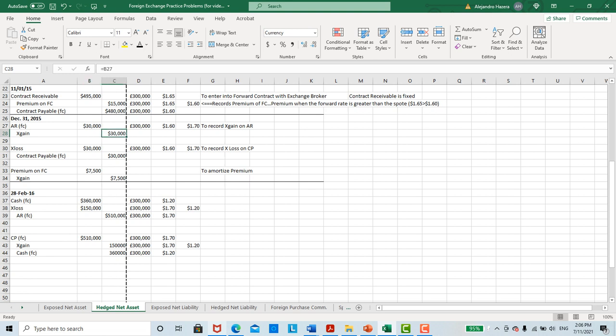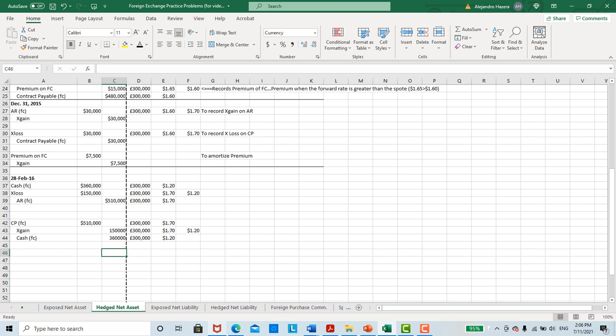You get the pounds from your customer, you take them over to the exchange broker. One's on receivable and one's on payable. Okay, so notice that gain was offset by that loss, and that loss was offset by that gain. The only thing that has impacted any of this is, and you ended up winning big time here on the